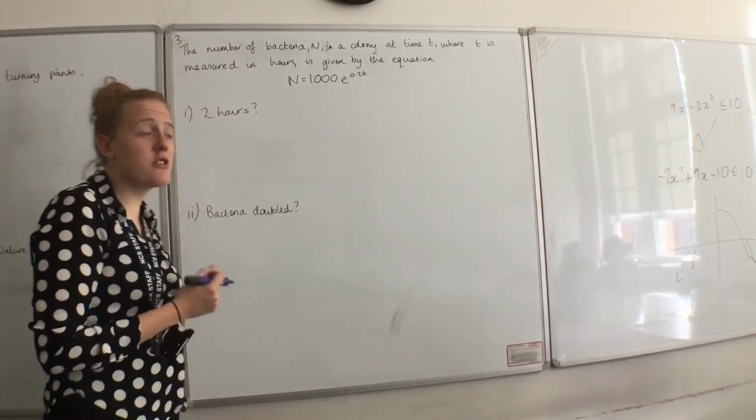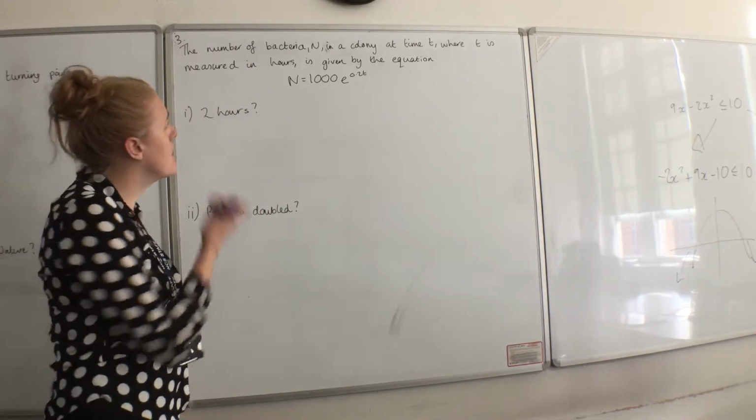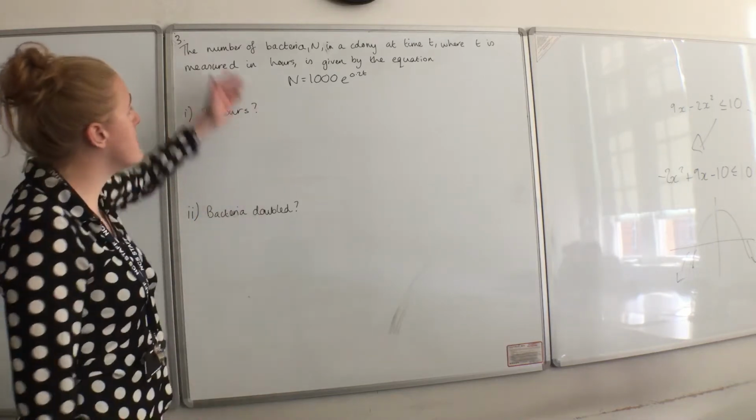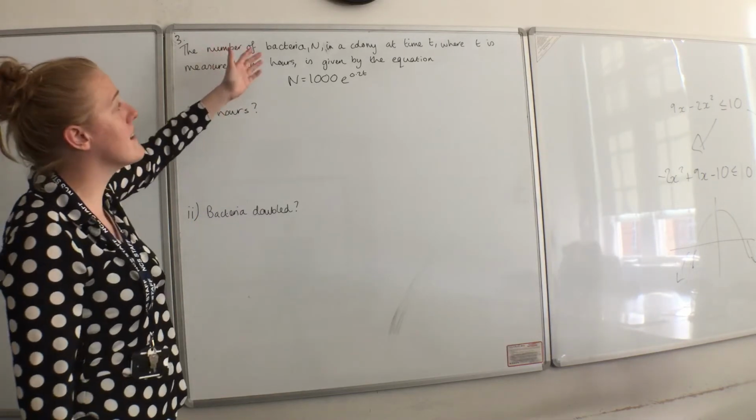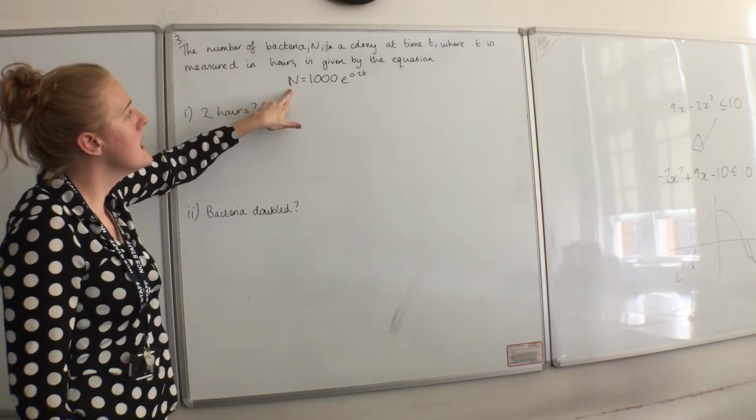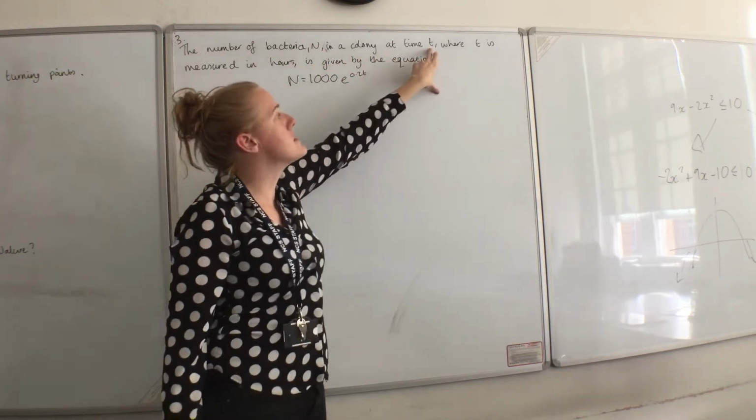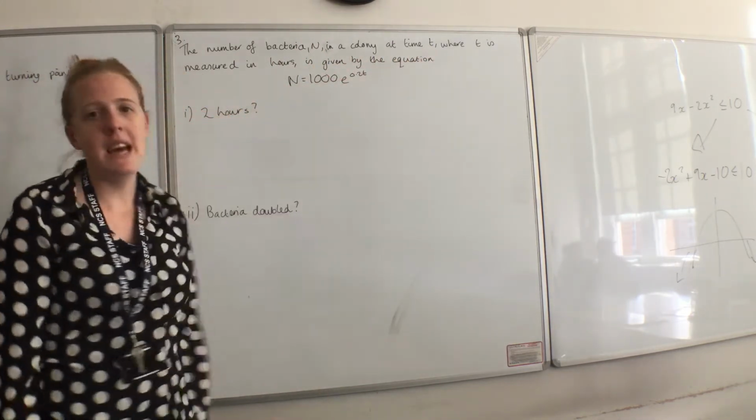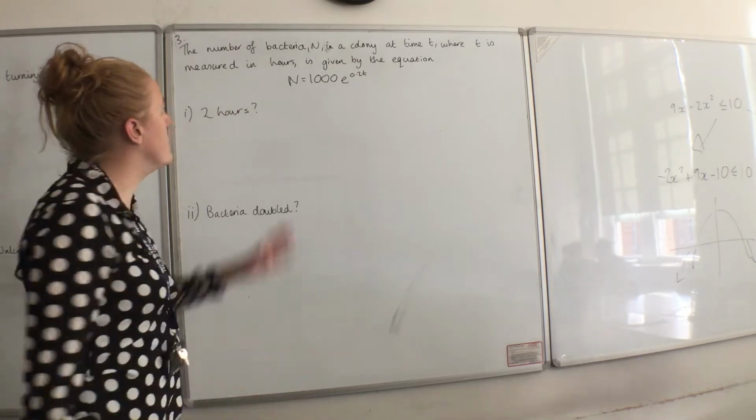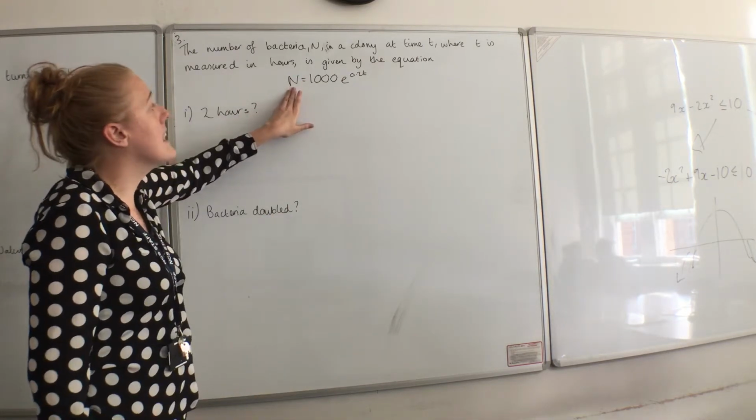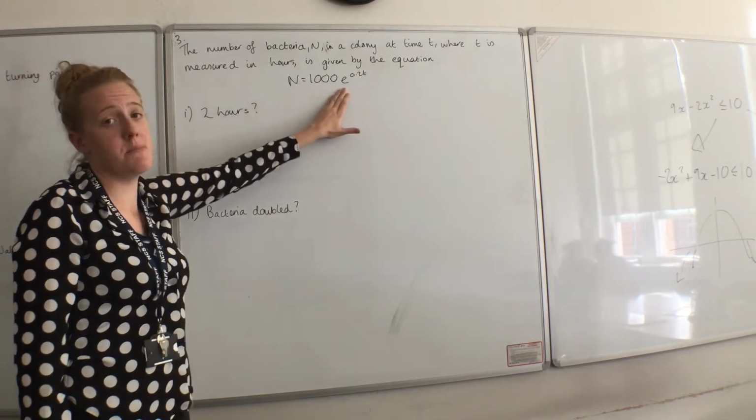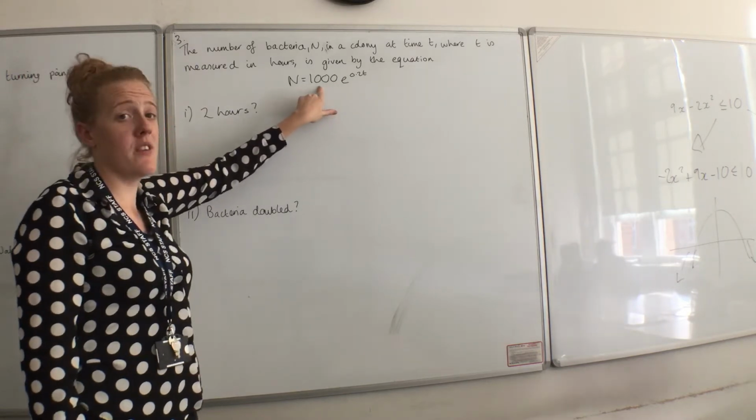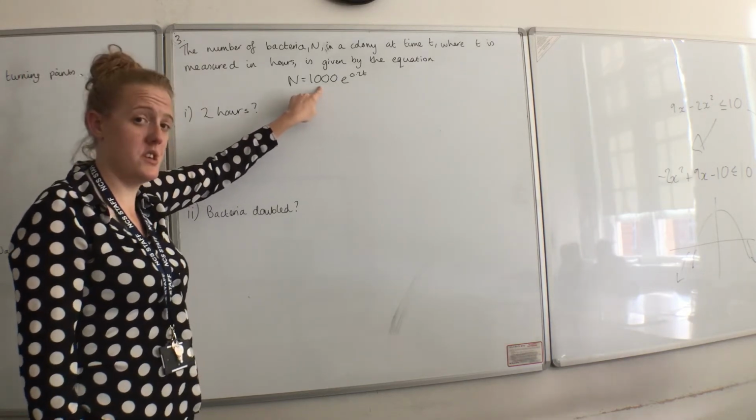So this was question 3 from the problem solving section of your homework. Now, the question basically is talking about the number of bacteria in the colony represented by N, and time being T. So essentially, it's exponentially distributed. Wonderful. Now, we're saying that ultimately the equation is represented by this, meaning that to start with, there was 1,000